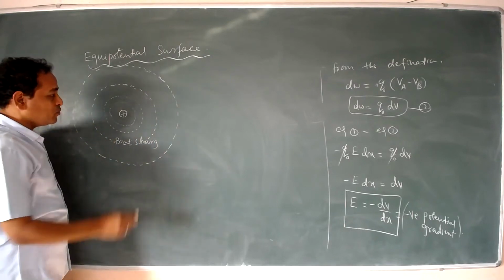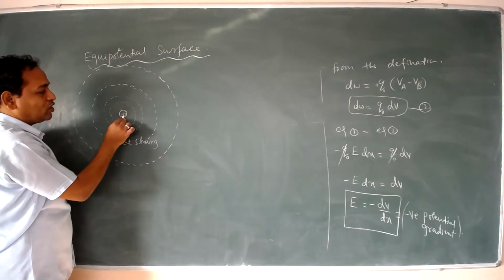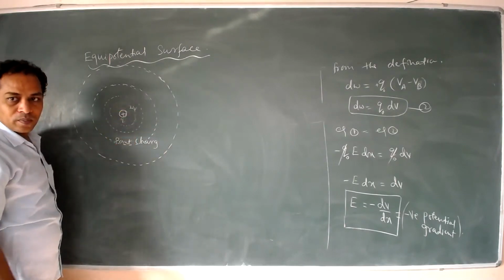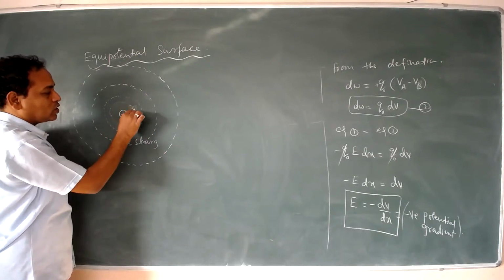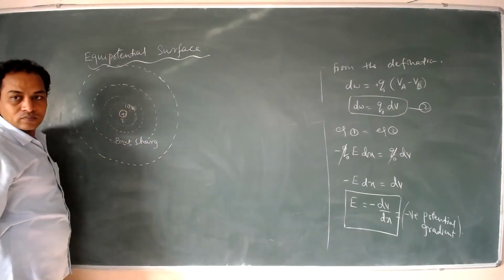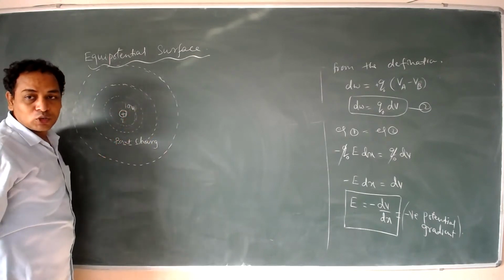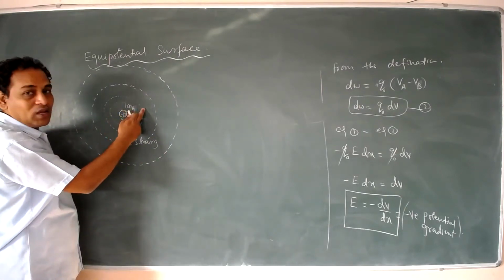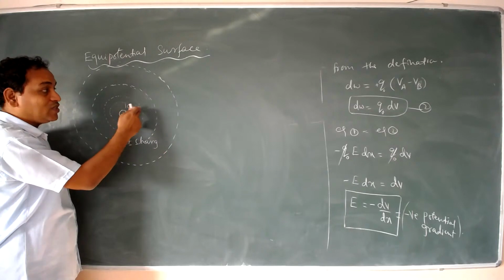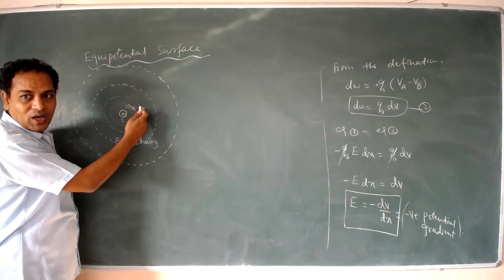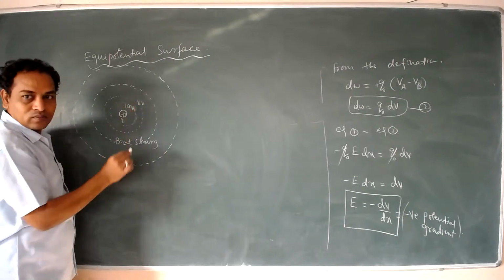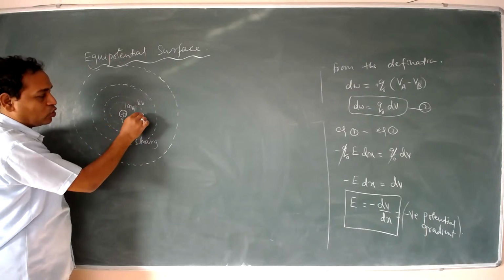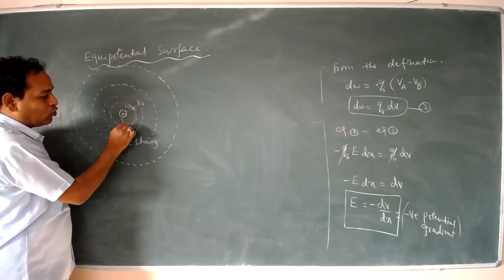So in this way, suppose this charge q has some potential. Suppose on this surface the potential is, say, 10 volt. As we move away from the charge, the potential will gradually decrease. We know this very well. Suppose this is 10, then this next surface has a potential less than 10. Why? Because it is far away from the charge. Say that is 8 volts, suppose. At every point on this sphere it will be 8 only, and here at every point it will be only 10 volt.